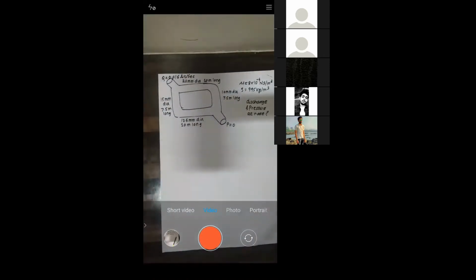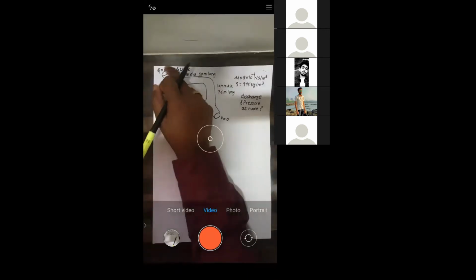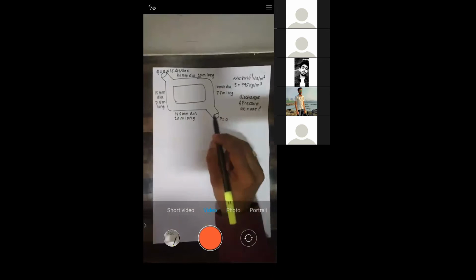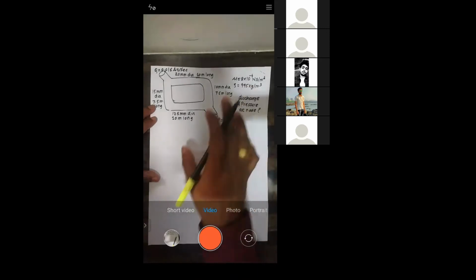So tell me, what do you understand from this diagram? This is the problem which has been given, right? If you can see, there are four pipes, of different diameter and different length, interconnected to each other. At this end, you have a discharge of 0.016 liter per second. And on this end, you have pressure equal to 0. This problem we need to solve.